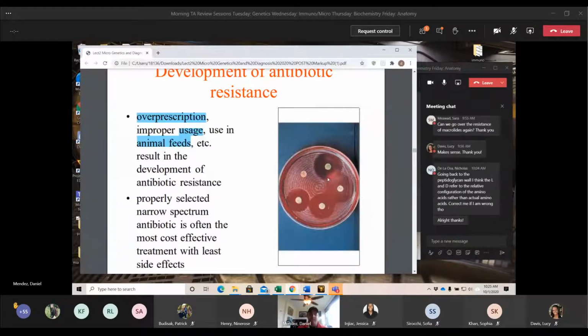So we can extrapolate the minimum inhibitory concentration and the resistance factor to see if it's strongly sensitive or weakly sensitive. Then we can say, okay, well, the limited amount of bacteria that can grow in the sinuses will be dead with this antibiotic because it is strongly sensitive in 7 days, 5 days, things like that. So they go off of how strong the antibiotic is, as well as the minimum inhibitory concentration. If the minimum inhibitory concentration is much lower, that means the antibiotic doesn't have to work for as long. And then they consider where the infection is, so how much bacteria can actually be there in that area.